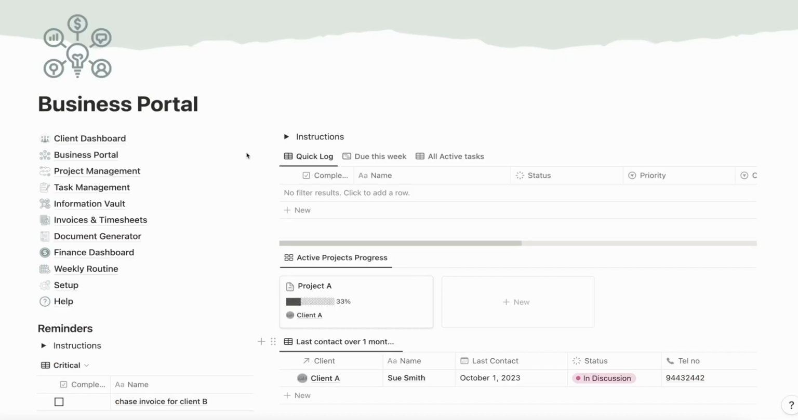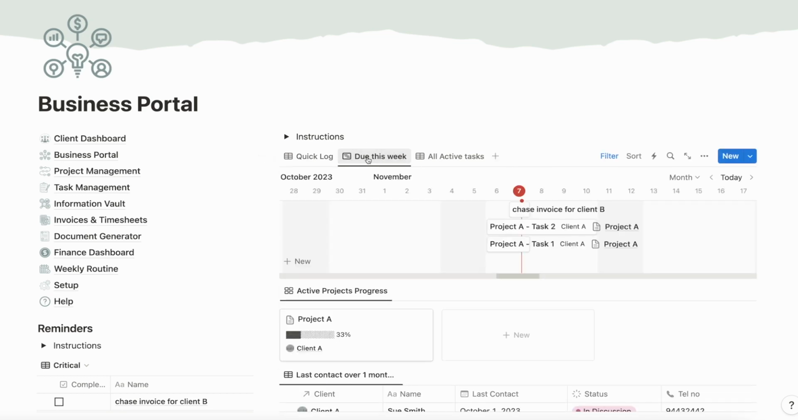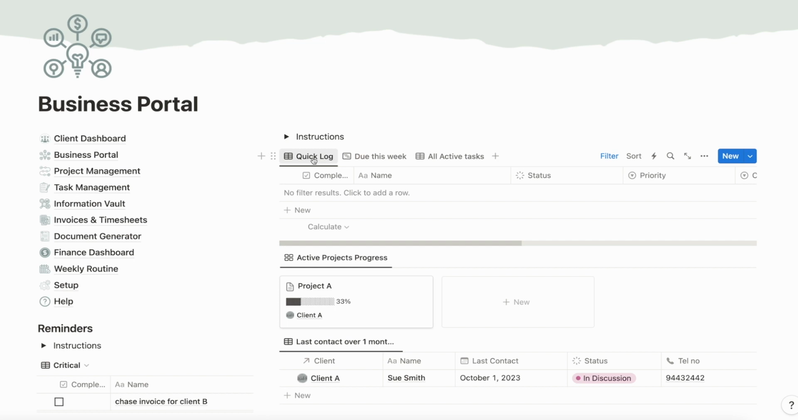The portal is the page that gives you an overview of everything that's important in your business at that particular point in time. So it gives you access to any tasks that are due this week. It allows you to quickly log down some notes. So I could add, let's call it a new note. And if I make it critical,